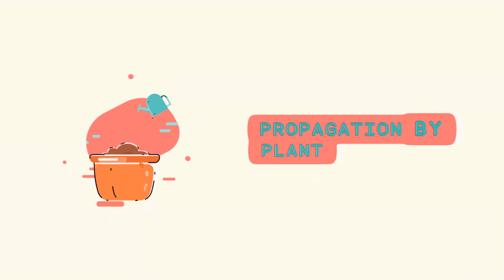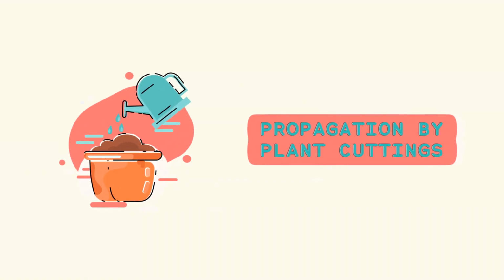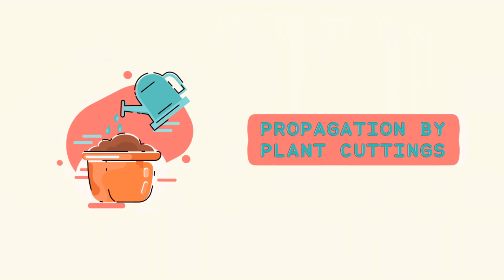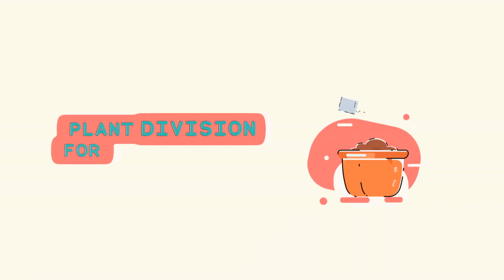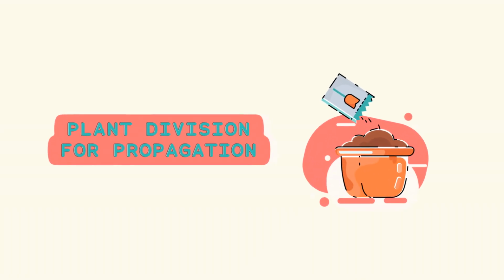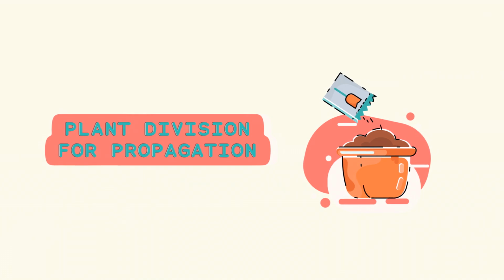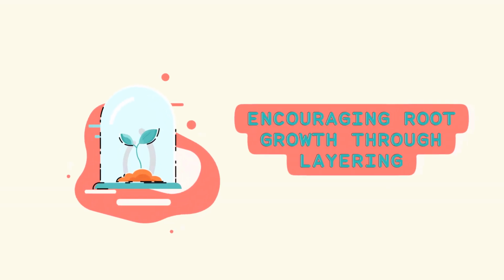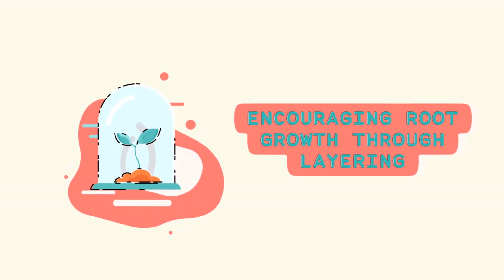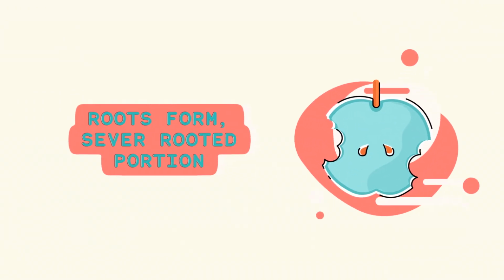Cuttings. Stem, leaf, or root cuttings are taken from a parent plant and encouraged to develop roots in a suitable medium: water, soil, or rooting mix. Division. Plants with multiple crowns or clumps can be physically divided into separate sections, each becoming a new plant. Layering. A stem is encouraged to root while still attached to the parent plant. Once roots form, the rooted portion can be severed and be